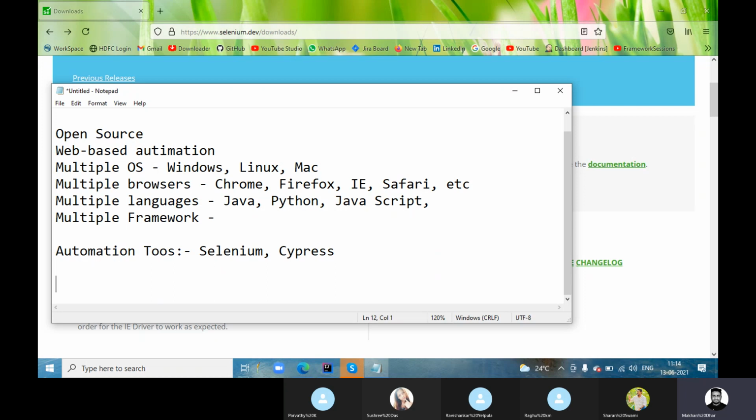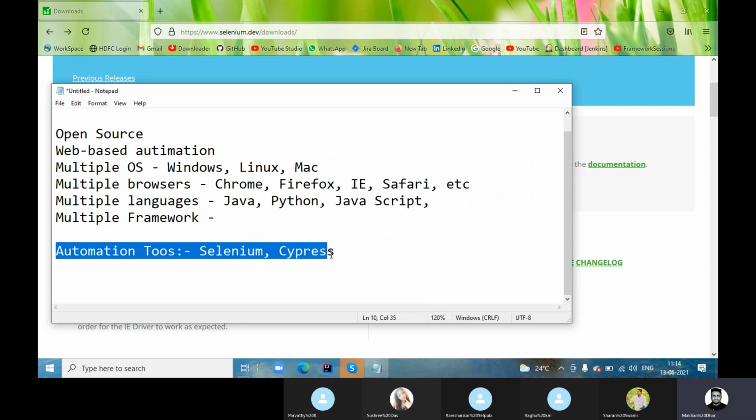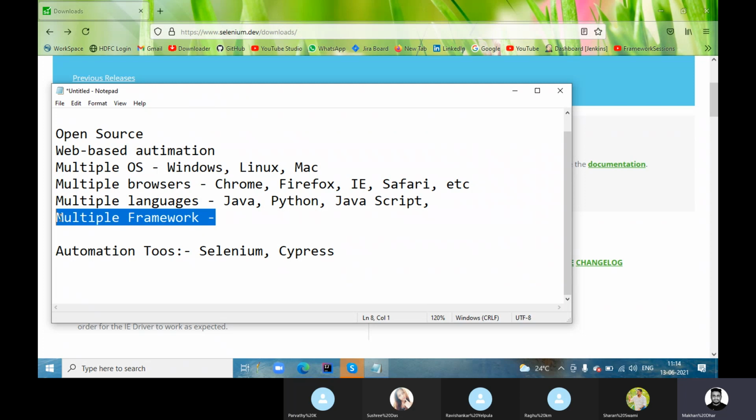before you start. Okay, so as we covered, this is open source. It means it's a free tool, so you do not need to pay any money for this. Also we covered multiple operating systems, right? And it only supports web-based applications. So you cannot get any report directly from Selenium. To get any kind of report, you need to add some additional or external plugins, which will come later. How to do that? So Selenium doesn't have a